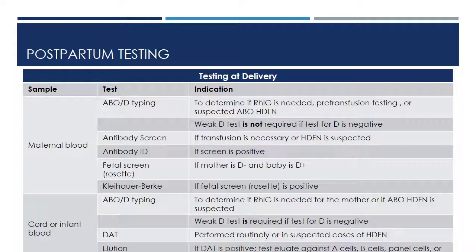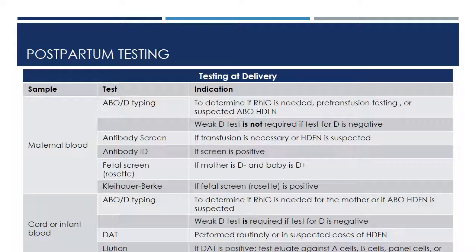Okay, so this chart here is just a chart of the testing that'll be done in most cases. And we start with, of course, the prenatal testing, which is on your maternal blood. You're going to have your ABO and your D-typing. We knew that. That's done on all pregnant women. And for the most part, in some laboratories, as I said before, AABB used to require that you do weak D testing as prenatal testing, but in some laboratories, they have said that, you know what, if we start looking for a weak D,